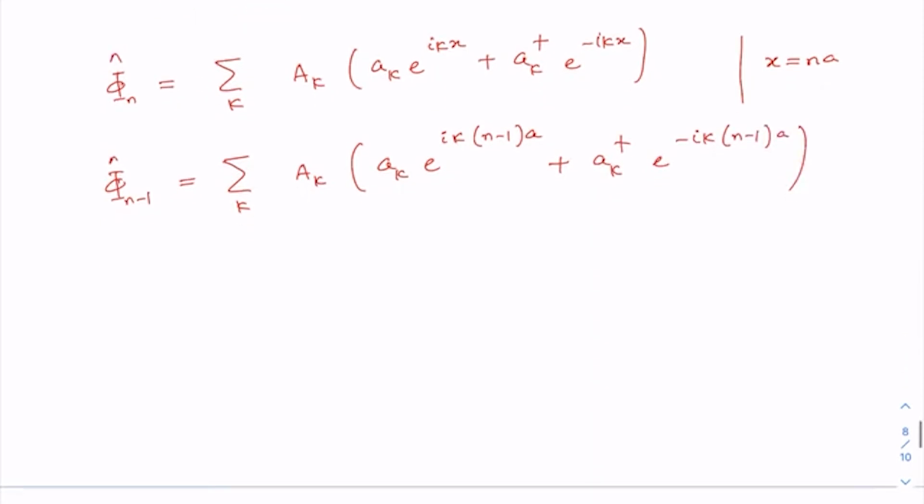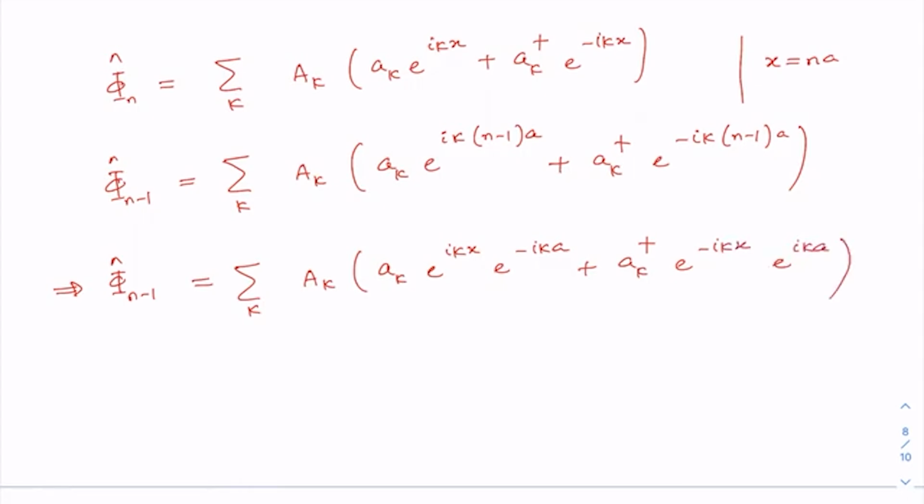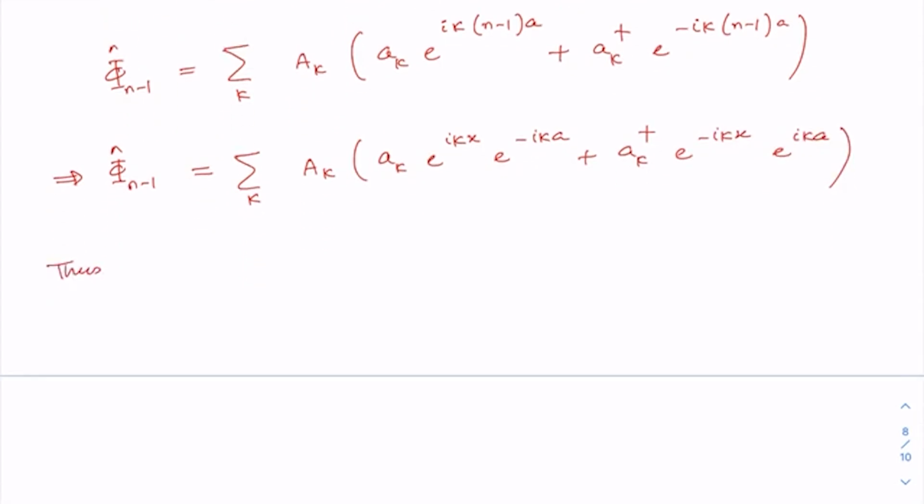Okay, so using this I can therefore write, it implies that phi n minus 1 is equal to sum over k ak e to the power I kx e to the power minus I ka plus ak dagger e to the power minus I kx e to the power I ka. Okay, very simple. So therefore we have phi n minus 1 minus phi n, that we can now work out,